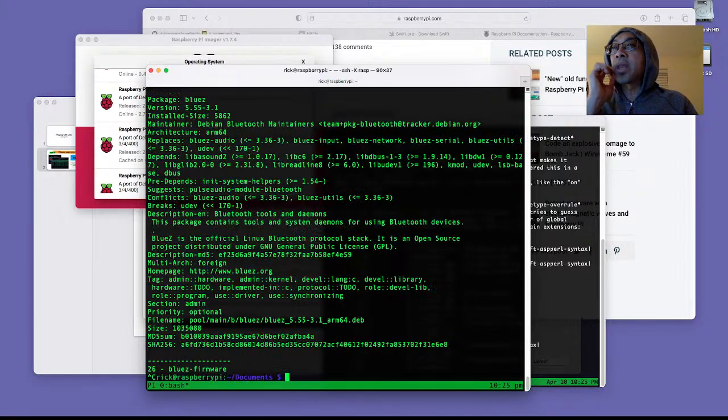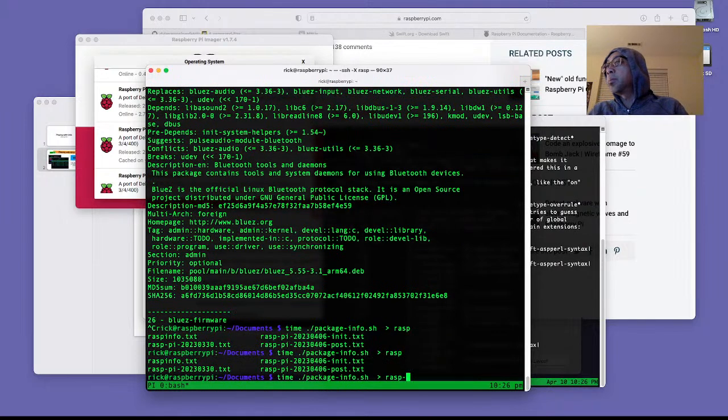But what will be cool is that we could then get a difference of what these lists are. So I'm going to run it, and I'm going to put it into a file here called rasp pi 2023-04-10.text,